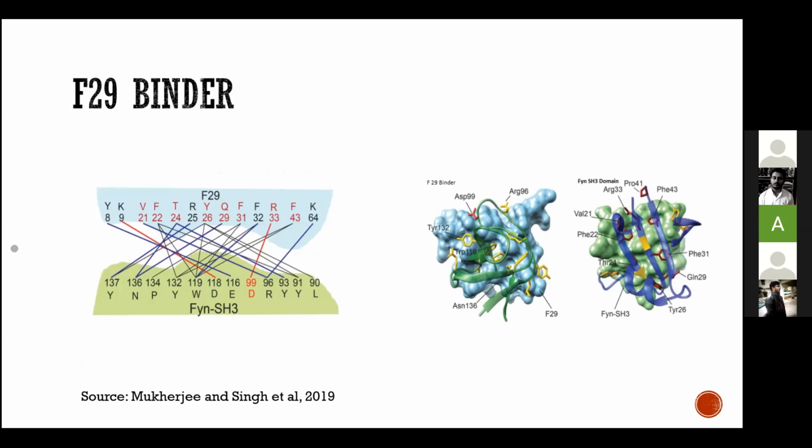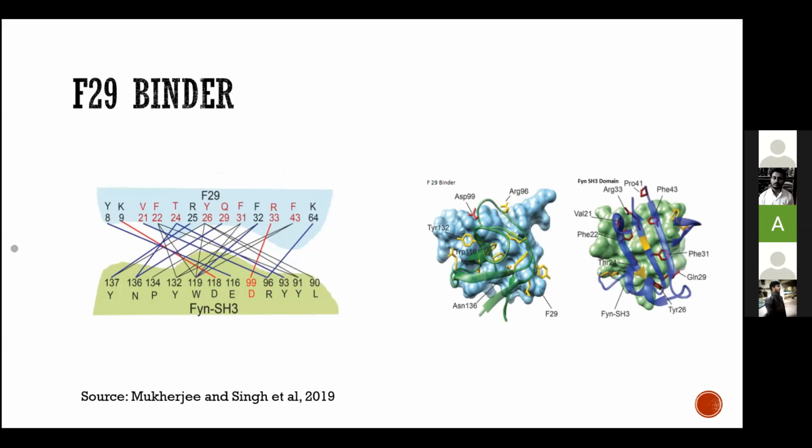So here, as Sushim Bhai has said, there were red lines, black lines, and blue lines resembling salt bridges, covalent, and other types of bonds. So at a particular time, when it binds, will it bind only salt bridges, or only covalent, or will it bind all of those, whatever bonds are there, at a time?